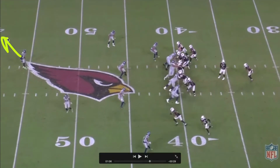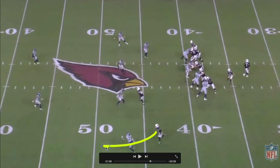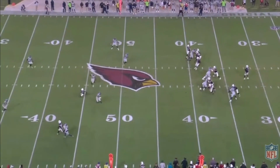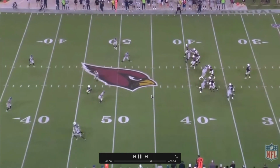So here's our safety working to this side, safety working to this side. Our corner is clearly looking to work to this press. However, we get that vertical, which carries him out of the formation, clears him out of that part of the field. And then we're going to get that shake route from our number 2, that's going to work right into the open part